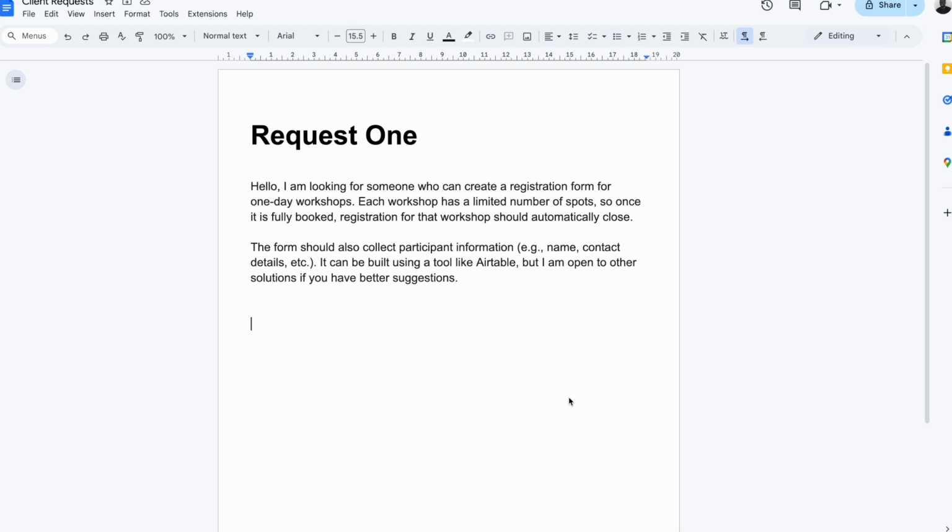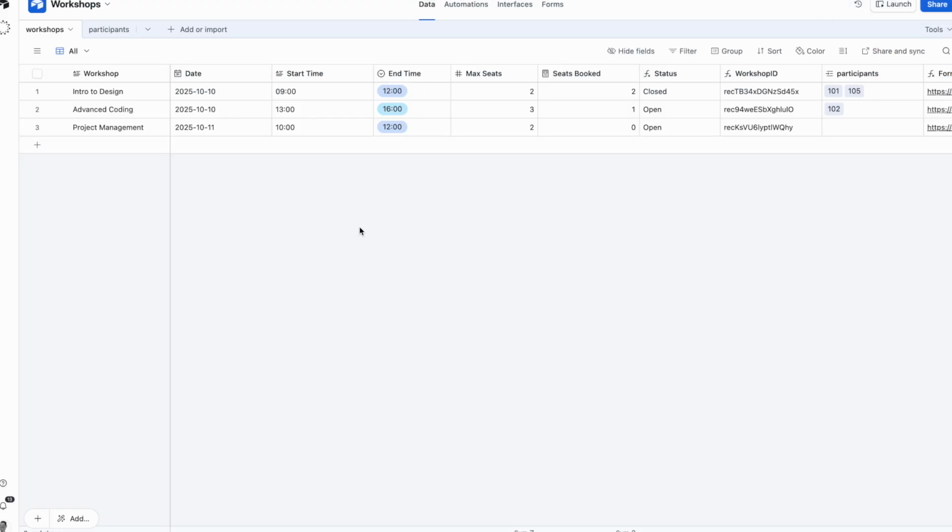Now that's quite interesting and I think very straightforward. In this case, I think Airtable can deliver this result without us having to go and look for additional tools. So let's go to Airtable and try to build something for this client. All right, let's open Airtable, and here we are. If you look closely, I already started building the items because I wanted to